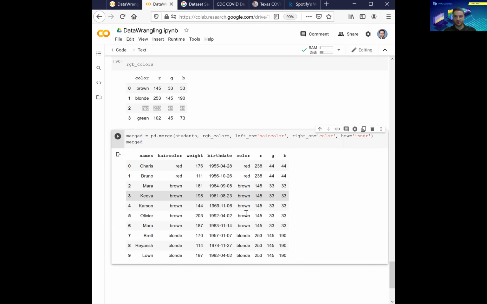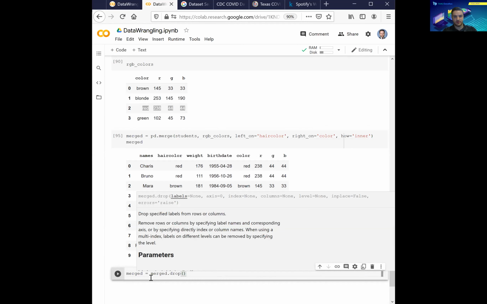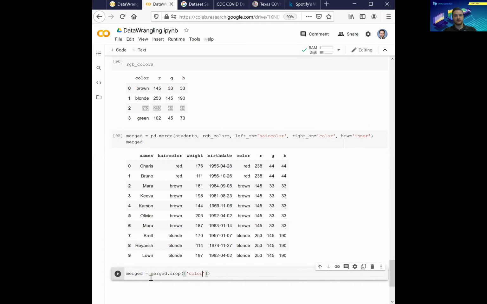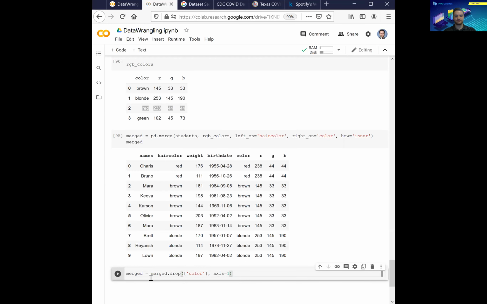But let's say I want to get rid of the color column. Let's walk through that. I might say merged equals merged dot drop, and I want to drop color. This value is a reference to a header, so I need to say drop something on this axis. Rows are axis 0, columns are axis 1, so I'm going to say axis equals 1. And then if I print merged at the end of this,